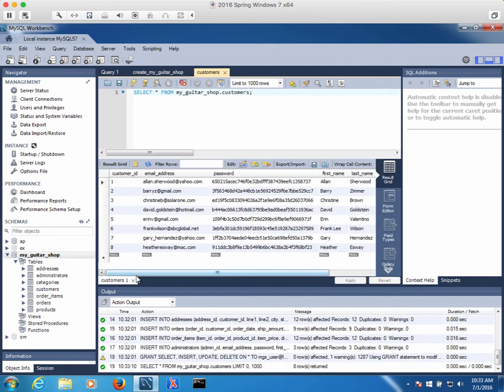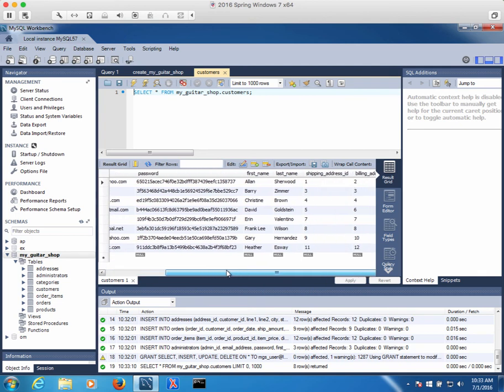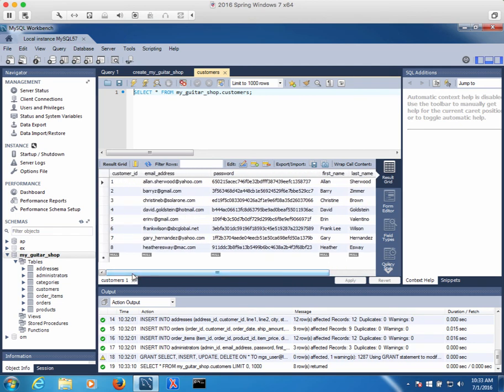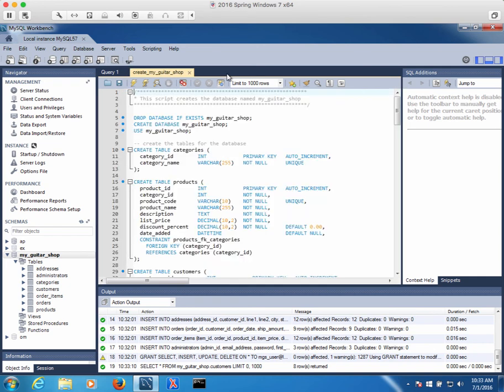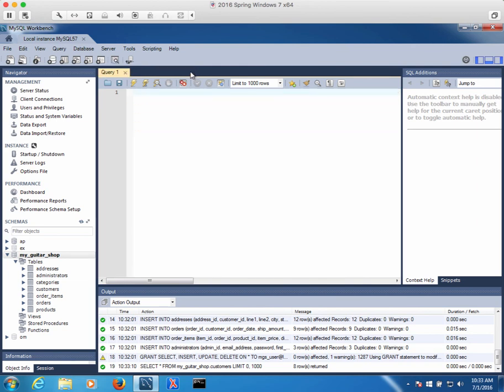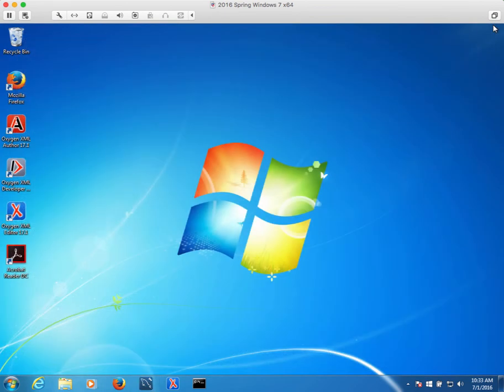And here's the customers table right here, looking just fine. So that's it. We've done our job. So I'm just going to close up shop here, close these script windows, and close up Workbench. And now we should be able to work on any of